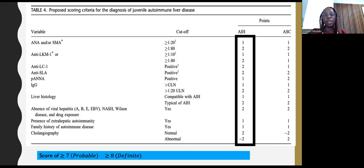And then you put in the score, and it will tell you whether the patient has probable or definite autoimmune hepatitis. I found this to be not entirely reliable, if I could put it like that, because if you look at our patient, she only had a positive anti-LKM in the beginning. Her liver histology was not really suggestive. So the only feature that she had in the beginning was an anti-LKM with titers of more than 1,000, which were quite significant. So she didn't even meet a score of probable autoimmune hepatitis,